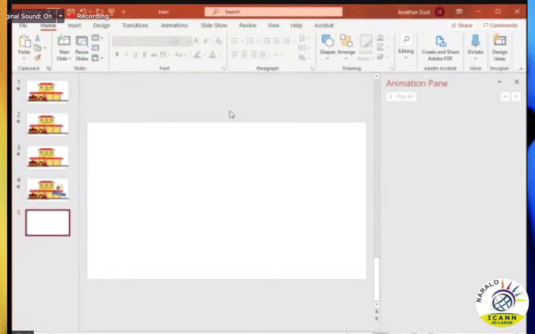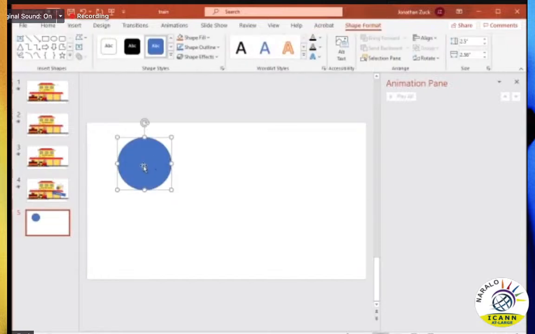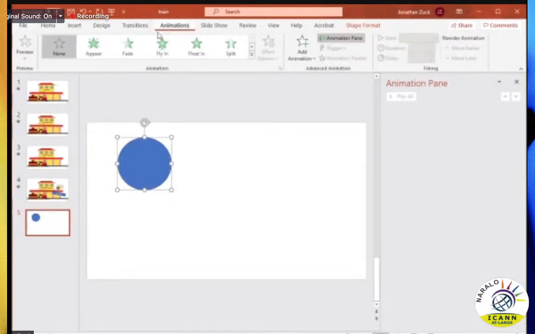But when I have a specific object, I can do all kinds of animations with it. So I have these appear animations. I have emphasis animations, so I can just make something spin and stay in place just because I want to draw attention to it, or I can have something exit. But if I want to, I can also use motion paths. So if I was trying